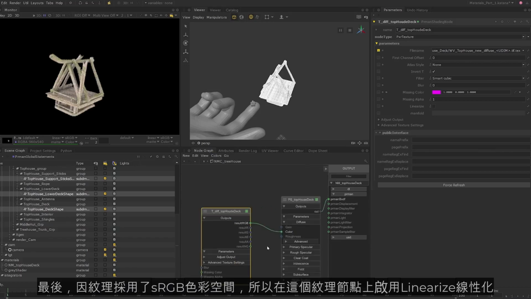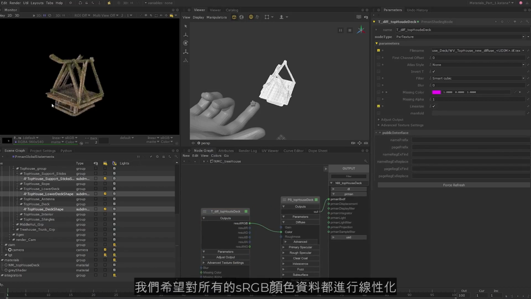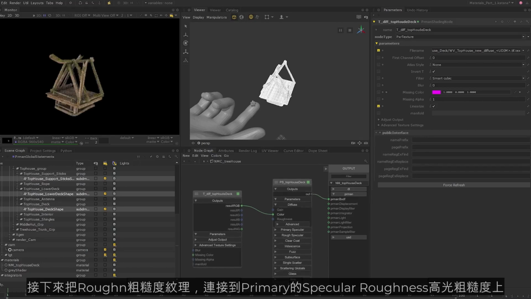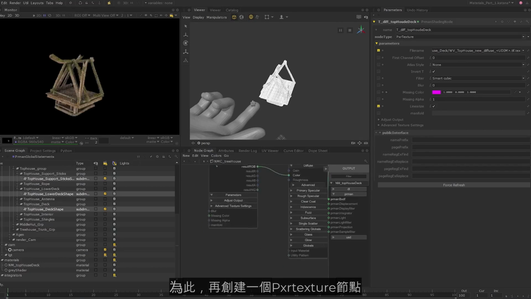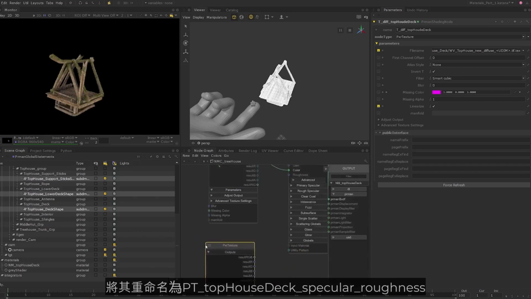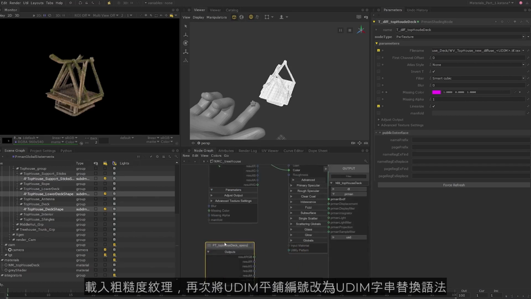Finally, I'll also enable linearize on this texture node as our texture is in the sRGB color space and we want to linearize any sRGB color data. Next, I'll connect the roughness texture to the primary specular roughness. So I'll once again create a Pixar texture node. Rename this to PT_top house deck_specular roughness. Load the roughness texture,